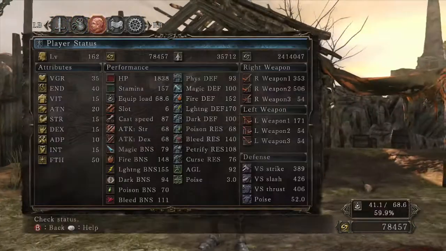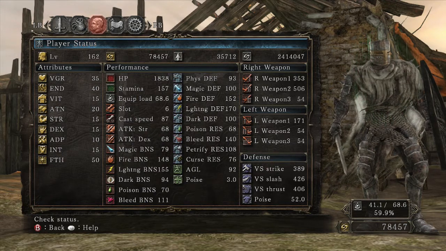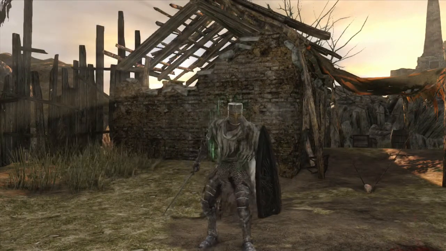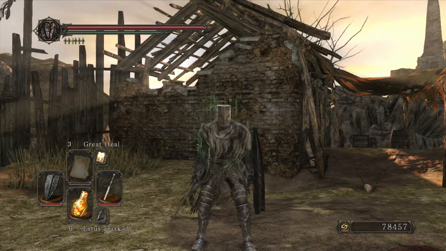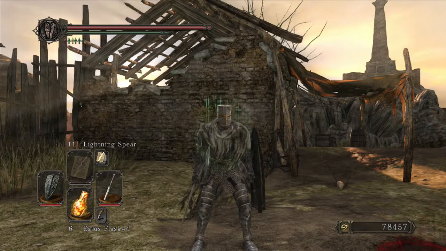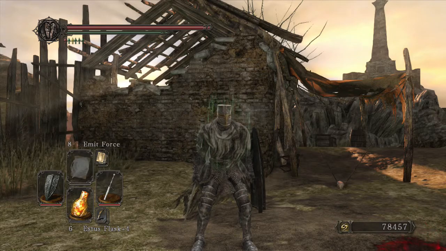For stats, this character has 35 Vigor, 40 Endurance, 15 Vitality, 20 Atonement, 15 Strength, 15 Dex, 10 Adaptability, 15 Intelligence, and 50 Faith. This character is somewhat of a Hexer if he wanted to be, but I only use Heal, Great Heal, Soul Appease, Lightning Spears, there's several of them stacked there, and Great Lightning Spears, and Emit Force,